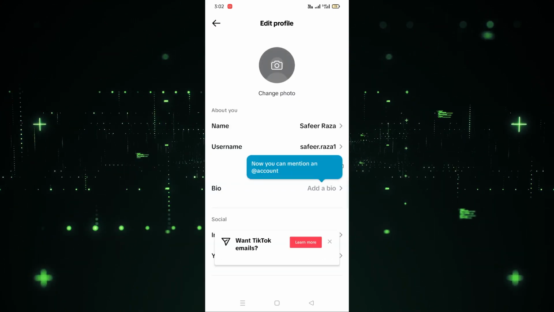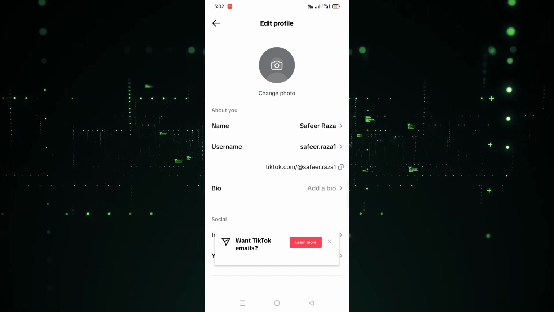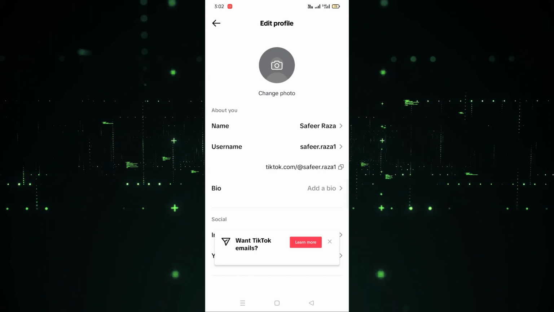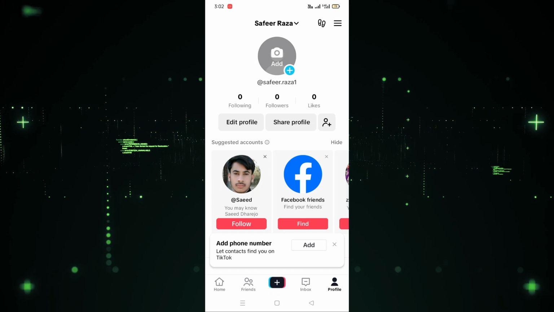and after clicking on this, you have to provide the profile details, like if you want to add the bio, and if you want to add the profile picture and the photo, you can also do that. If you want to change your username or name, you can also do that. It's up to you. So I'm going to go back, and after going back, as you can see now, we